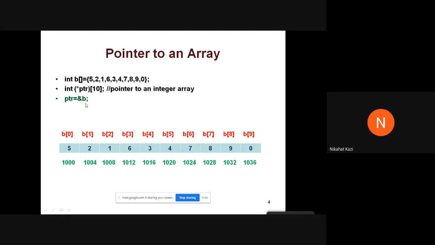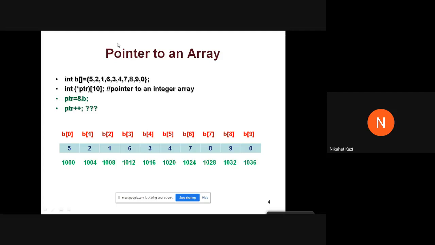Okay. So if I do a PTR plus plus, what do you think the answer should be? PTR is equal to address of B. That means the address of the entire array. It is not address of B of 0, and it is not only B. It is address of B. And address of B means the entire array's address.